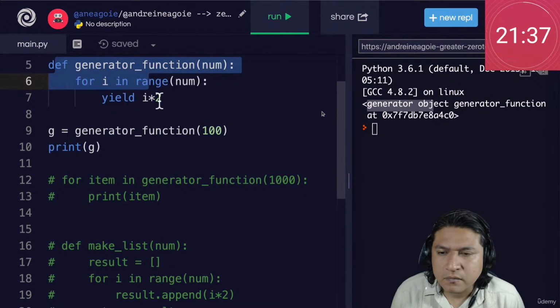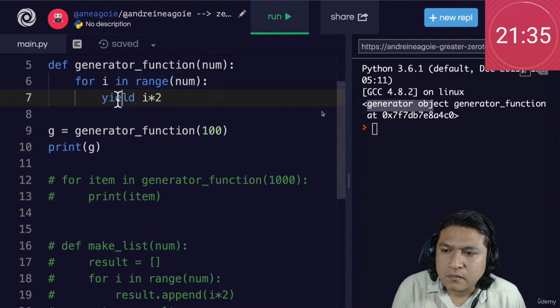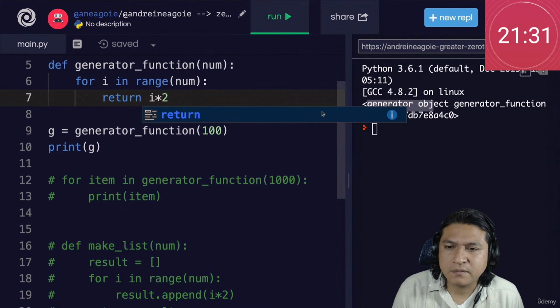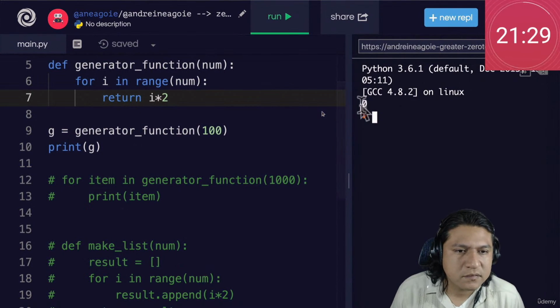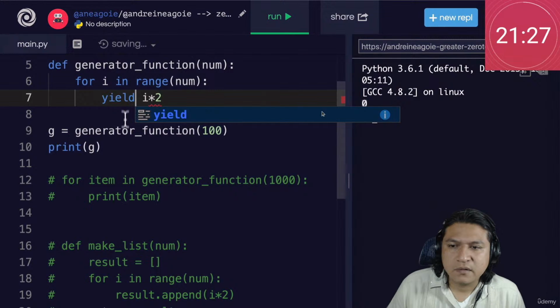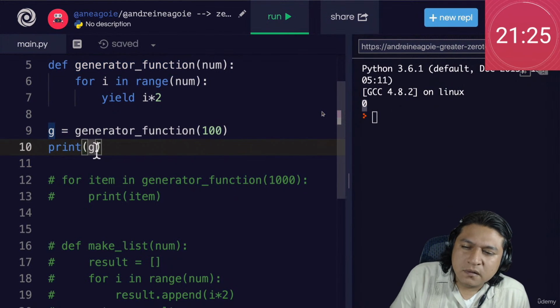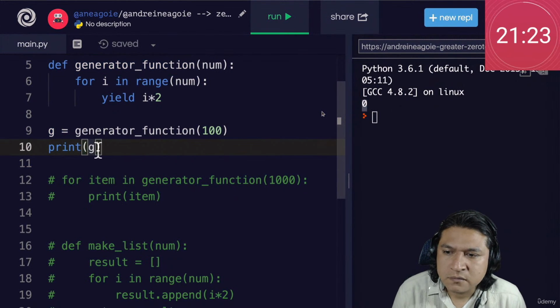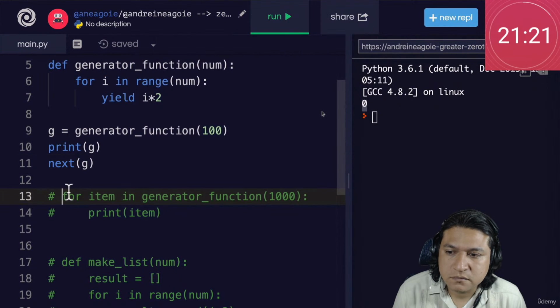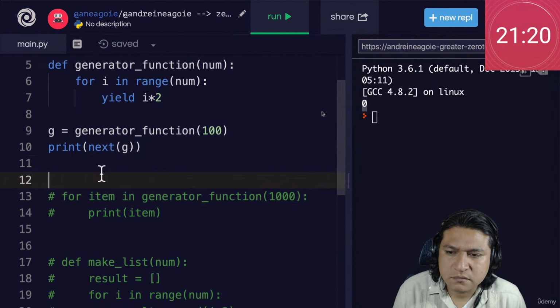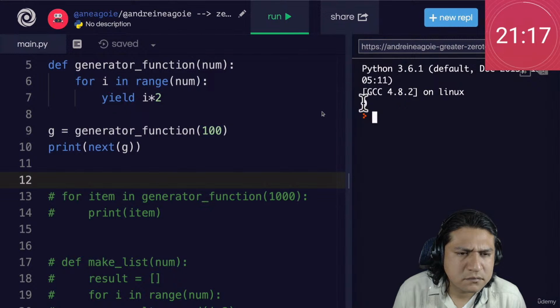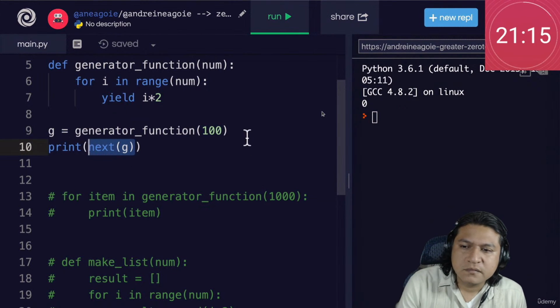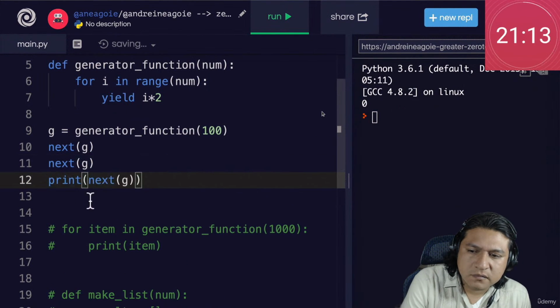Now remember, this is just a standard way in Python that we can create a generator function using the range and the yield keyword. But this yield keyword gives us some power, because if I just return here, we're not going to get anything special. As a matter of fact, we're just going to get a value. Instead, by using the yield keyword, we're able to turn this into a generator function that can do this. I can say next g. Now, if I print next g in here and I click run, I get 0. But here's the cool part. If I do next g twice and then one time here and print it, I get